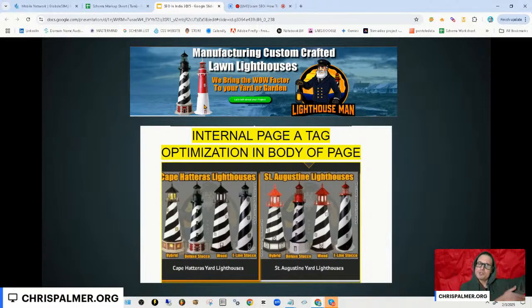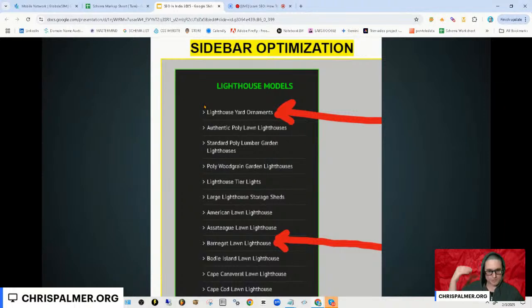We wanted to push those internal pages. So what we did is we filled all of this out. We also added what is called a sidebar. Inside of the sidebar, we were putting, again, varying anchor text going to the pages that matter. Sidebars are body text. It's considered body.